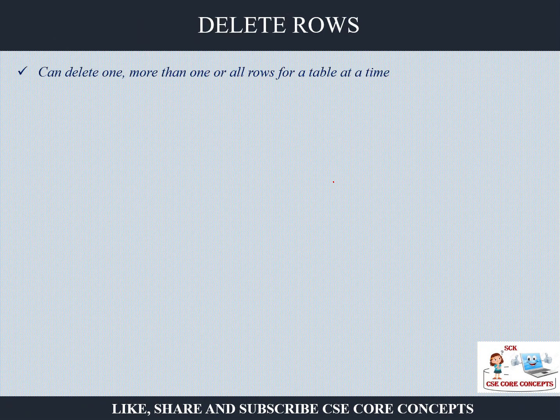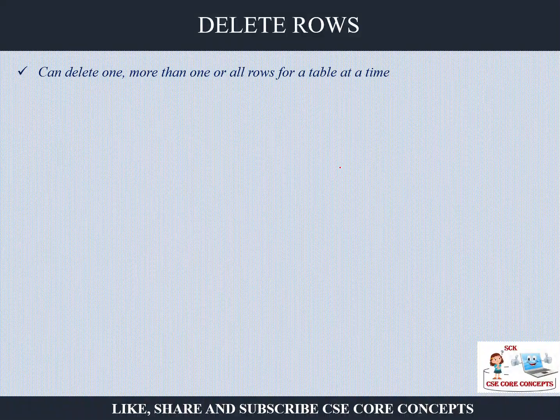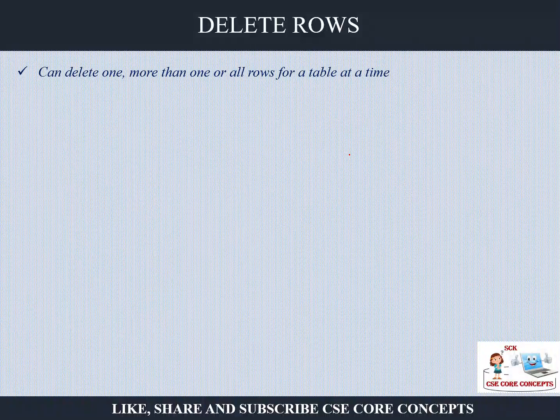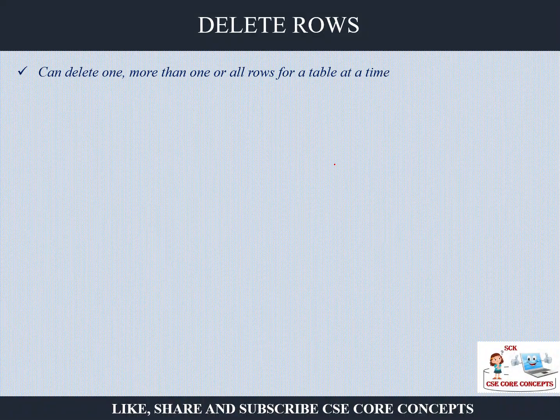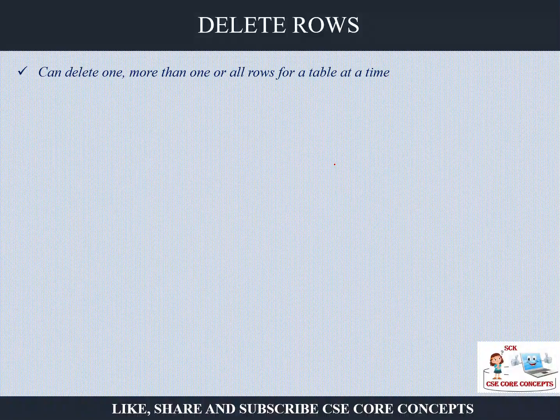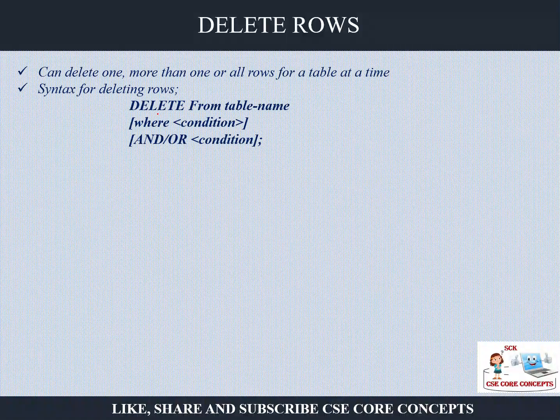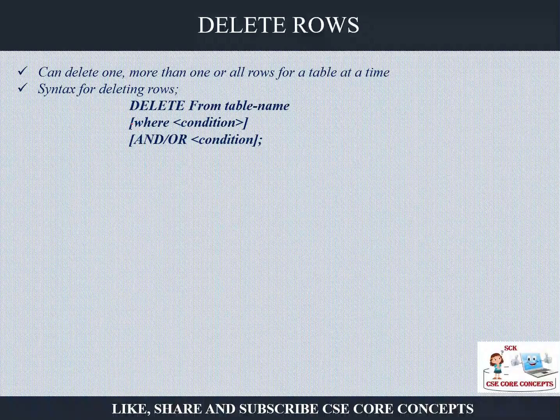Then you can delete. Last time in the data definition, we have seen two commands, drop and truncate. They are used to remove the tables and all. But here, if you want to delete some rows based on certain condition or no condition, you can use the delete command by writing delete from table where, and the condition is optional.